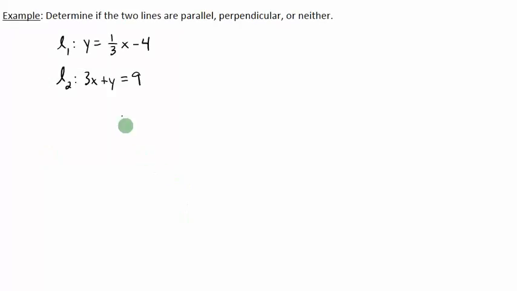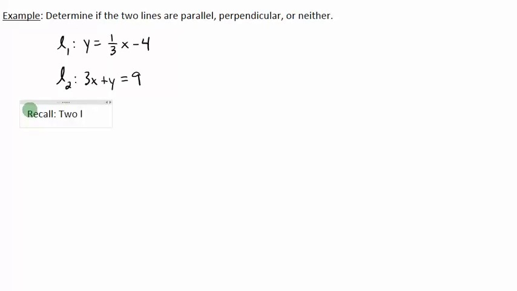In this example, we have the equations of 2 lines. Line 1, I've written L sub 1, and line 2, I've written L sub 2. So I've got 2 different equations, 2 different lines, and the instructions tell us to determine if they're parallel, perpendicular, or neither. So the first thing I want to remind you